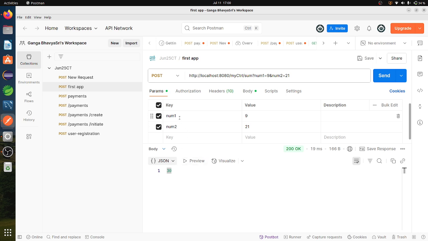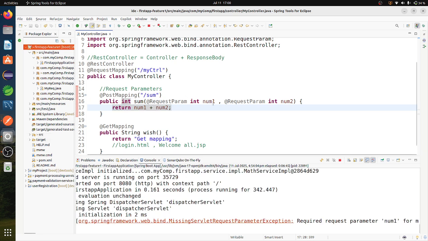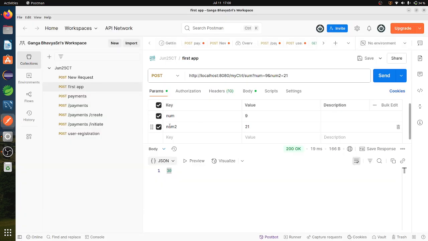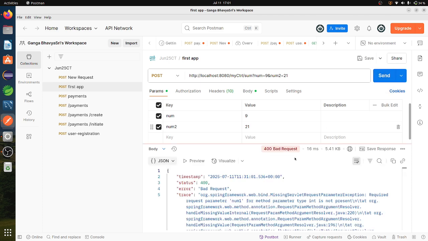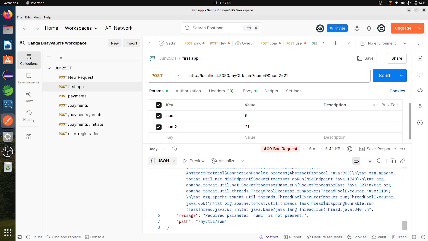If I change any parameter name, here I have said num1 and num2, the same way that we have mentioned here, we have to pass the values. If I change anything, then it throws an exception. It is saying it is a bad request, that num1 is not present.